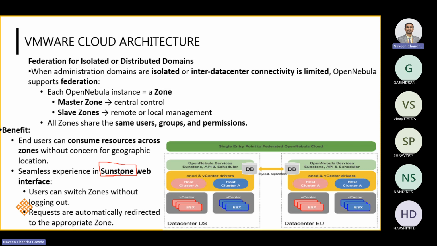Here we usually call an OpenNebula instance a zone. And there are two types of zones. One is called a master zone, the other is a slave zone. Master zone, as the term says, is the central model, with central control over the different kinds of slave zones, where those slave zones are the ones which are